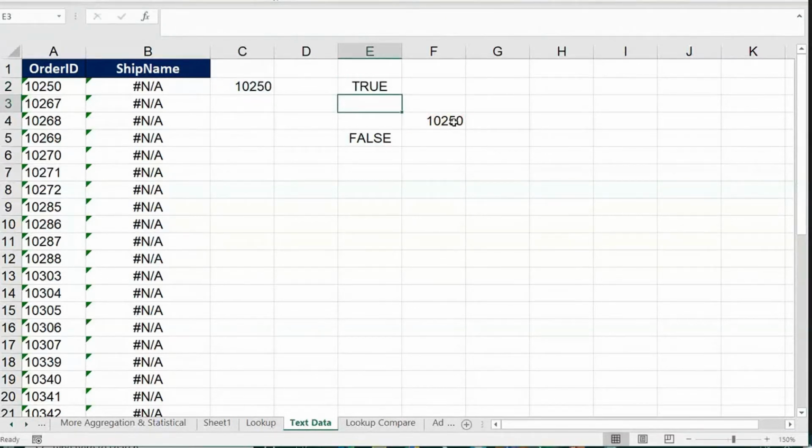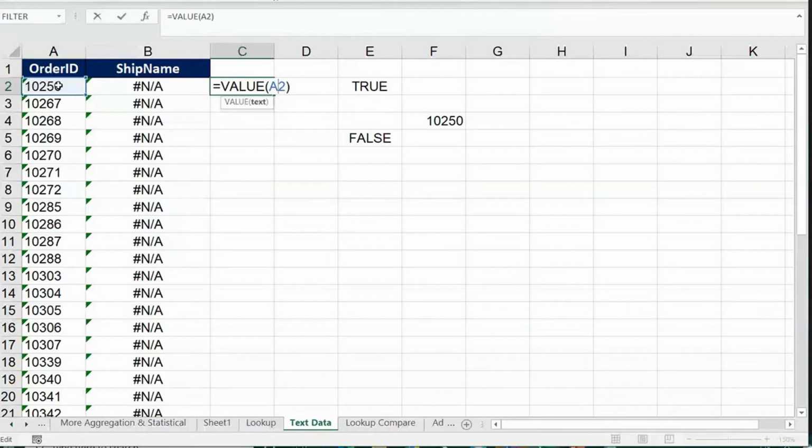You know what the VALUE function is? I'll just try to explain. The VALUE function converts a number which is currently representing text back to a number. That is what the VALUE function is.